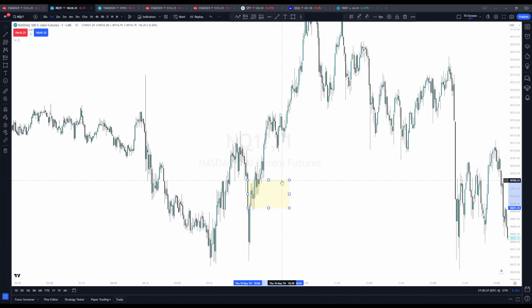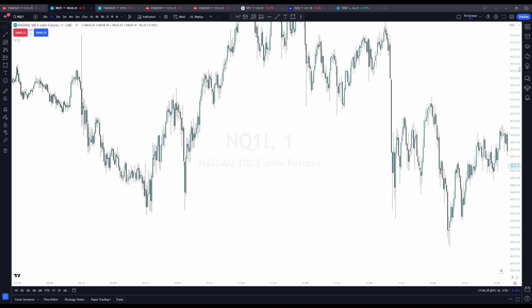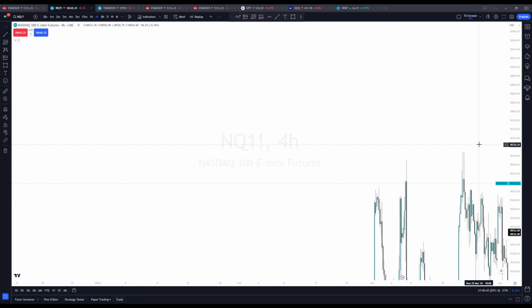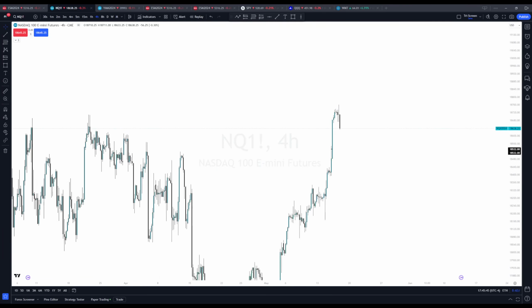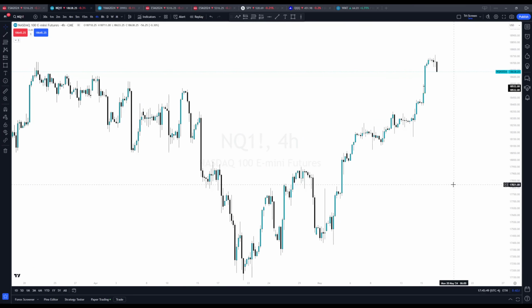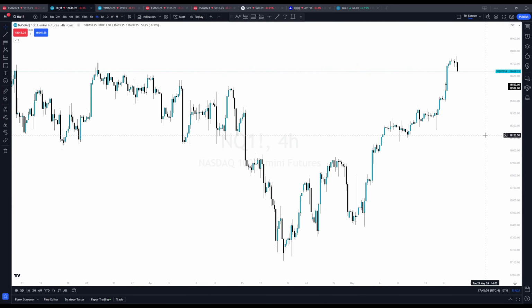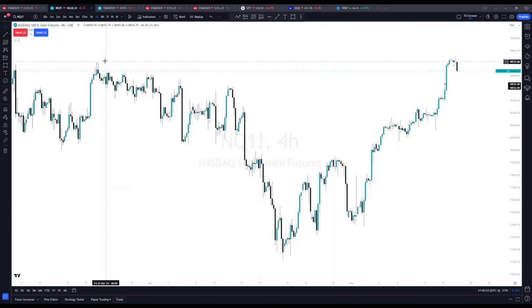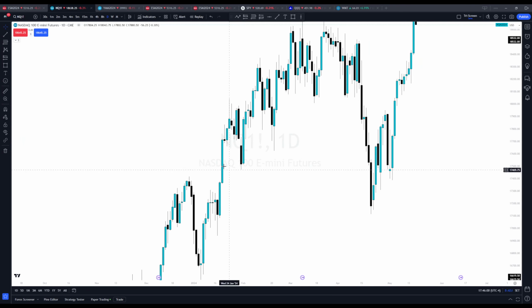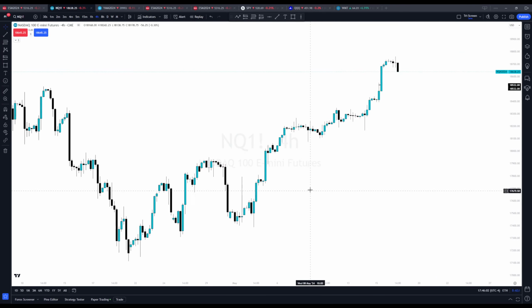Basically, I guess the other thing I would go over quick is what I've been showing you guys the last couple of days. The market is made up of these market maker sell models and market maker buy models. You'll see how we got this nice curve here. This is the sell model. Sell models take us down to where I showed you that daily FVG, down here, and then we start reversing.